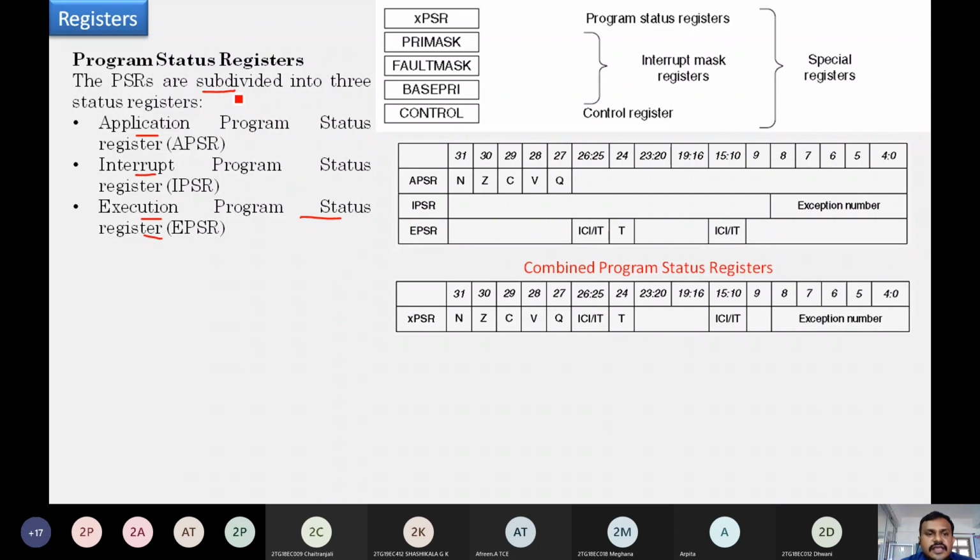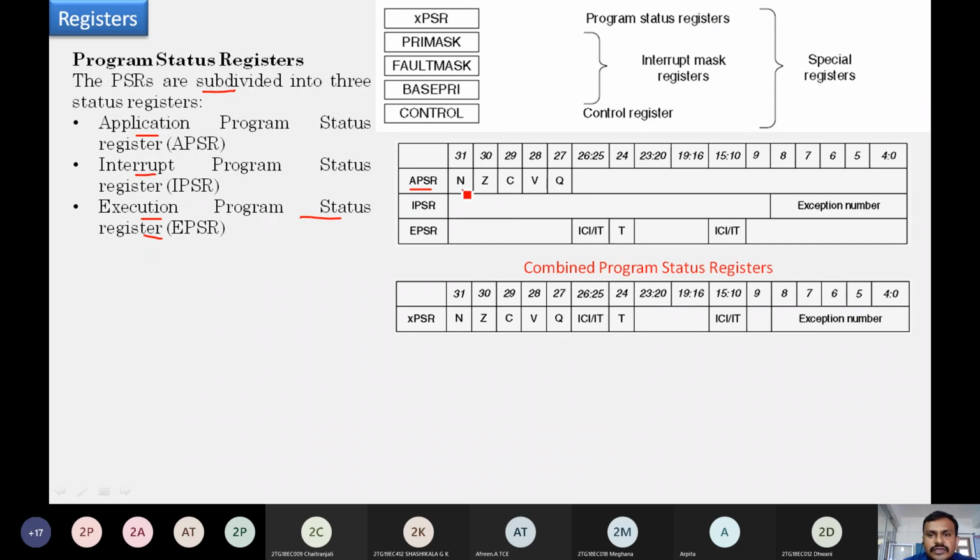Here, the application program status register, APSR, is once again a 32-bit register which is going to hold the result flags NZCVQ. The explanation of this will be in the next diagram.